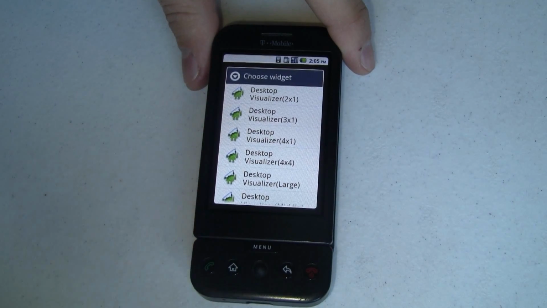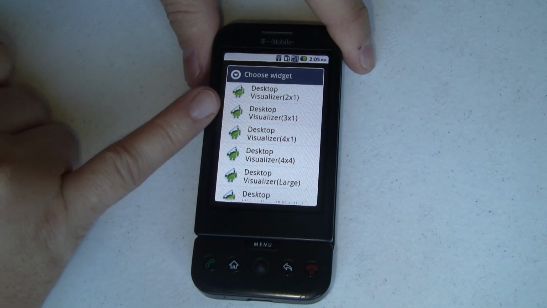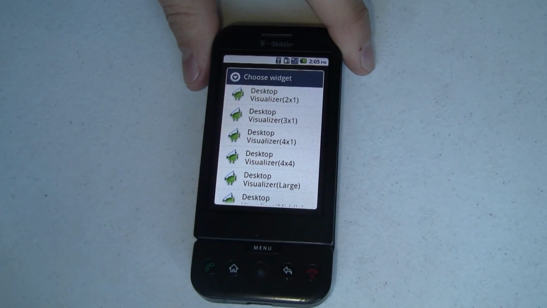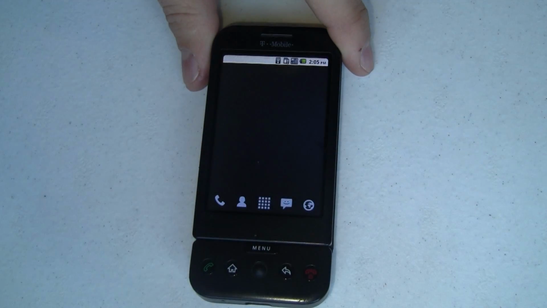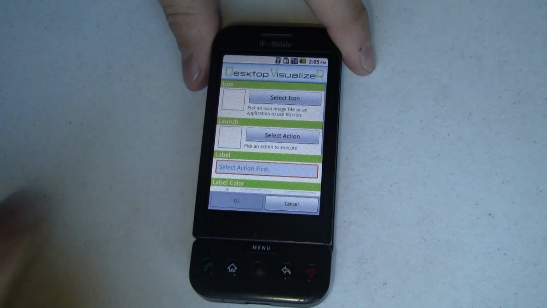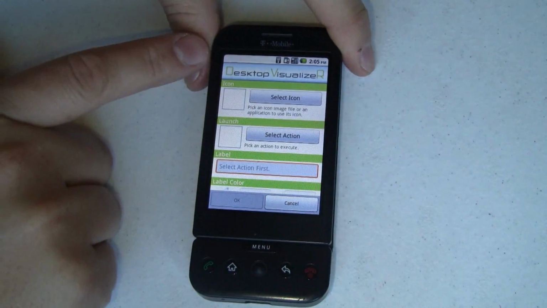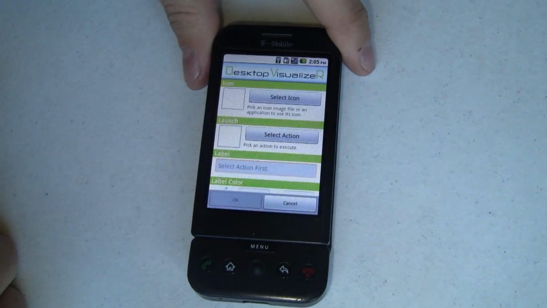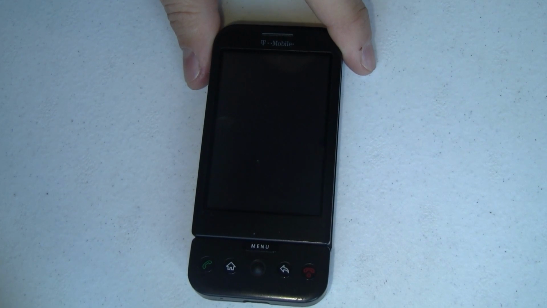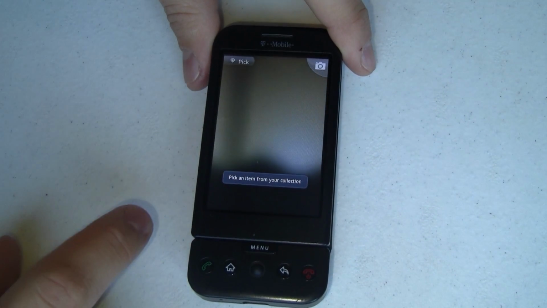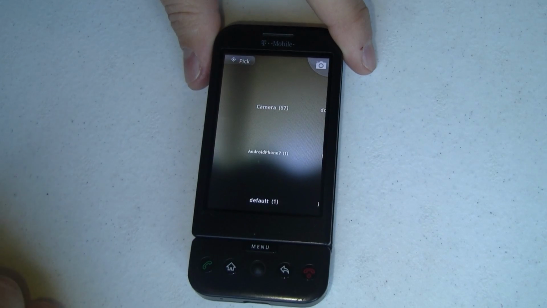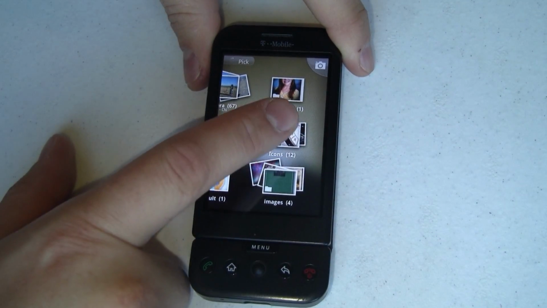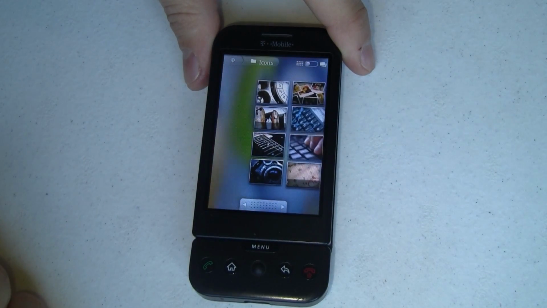This screen likes to have the 3x1 and the 1x2. But if you don't know which one you're going to plop, just go ahead and choose large and you'll be fine. We'll come in here, we're going to select an icon. This is the Desktop Visualizer interface. We'll select an icon from a file, and this is going to fire up the gallery so we can pick that icon. It's a G1, so the gallery is going to take just a little bit longer than normal. And I've got my icons right there on my SD card. I'll open that up and let's